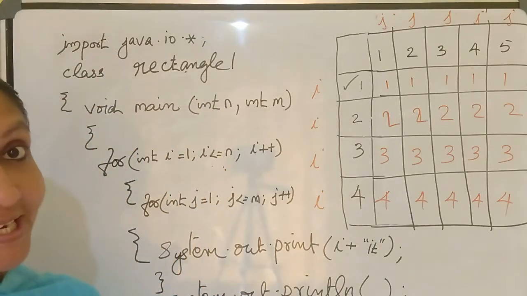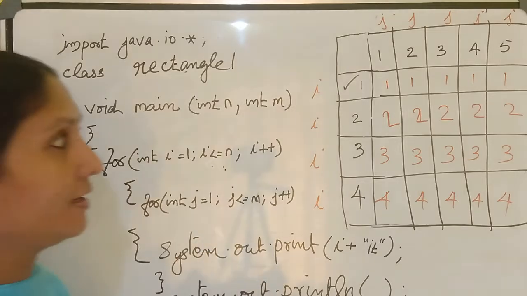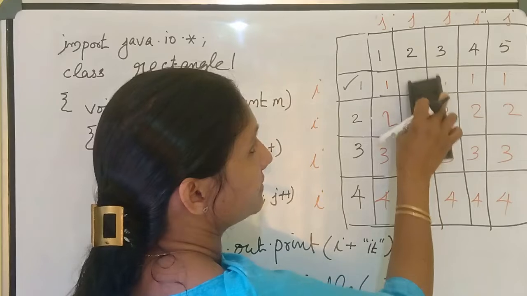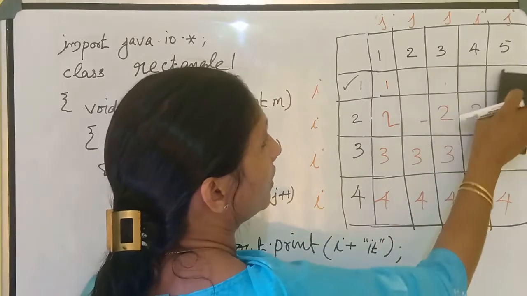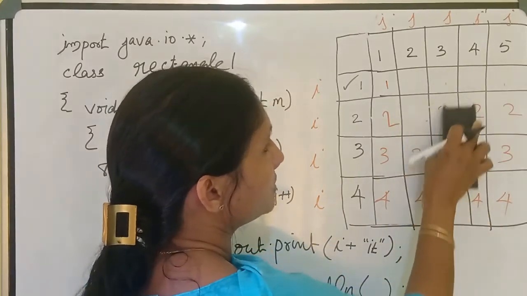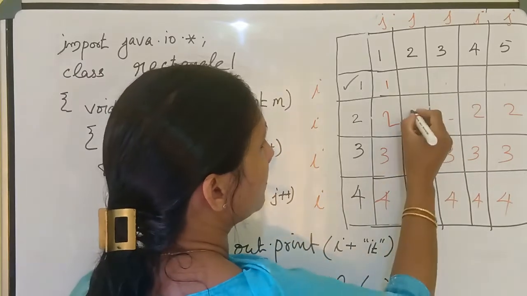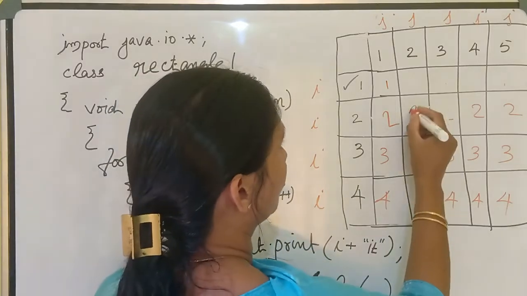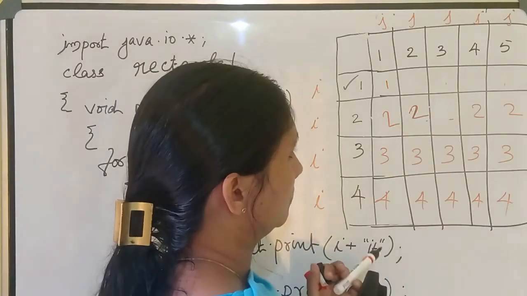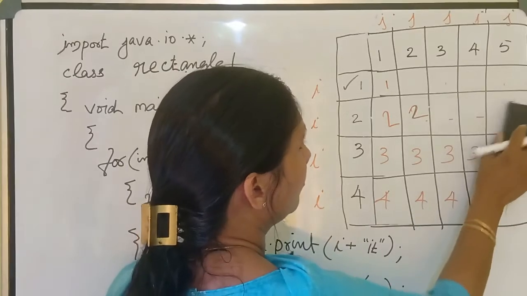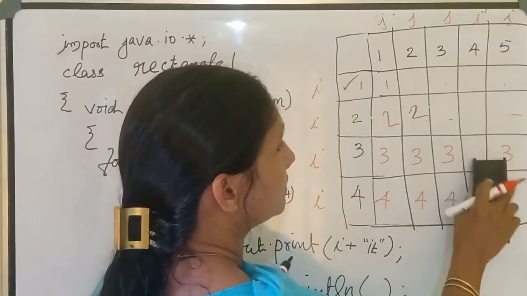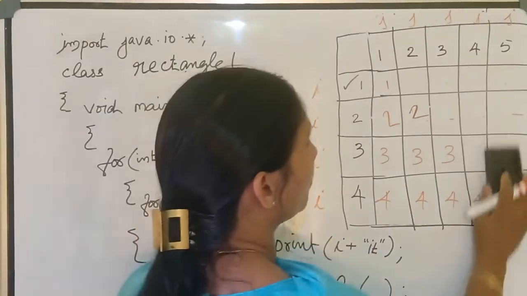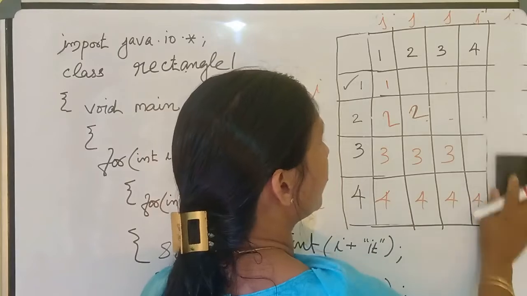Then how can you create a triangle from this one? I will change the slide. Look here. I will make a slight change to this one. We need one column in the first row, two columns in the second row, and in the third row we need three columns. And in the fourth row, we need four columns. Then we can create a triangle shape.